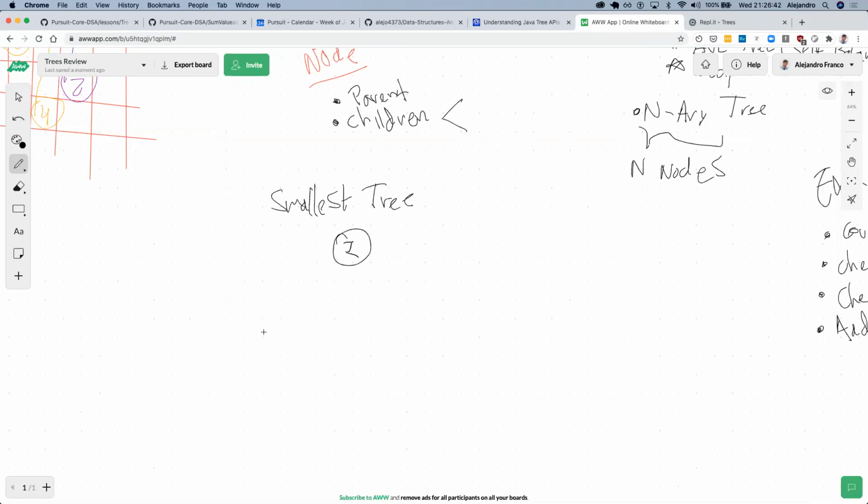What is the second smallest tree you could have? A tree with 1 node.